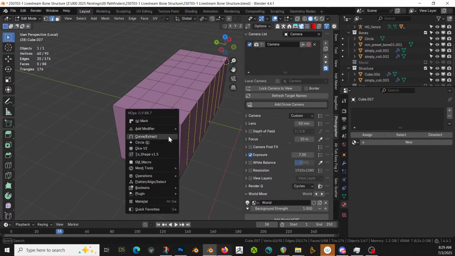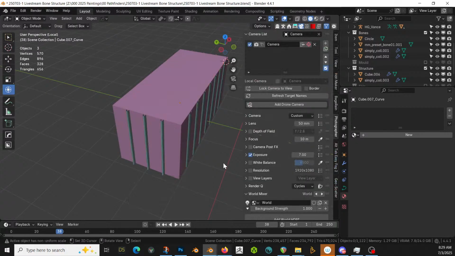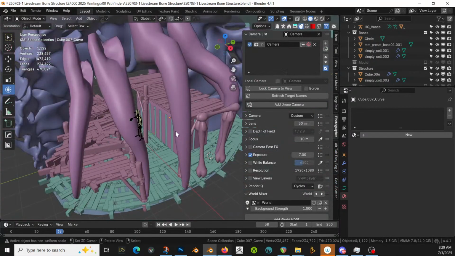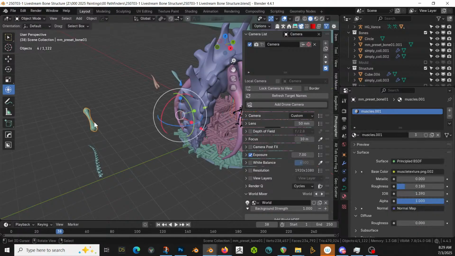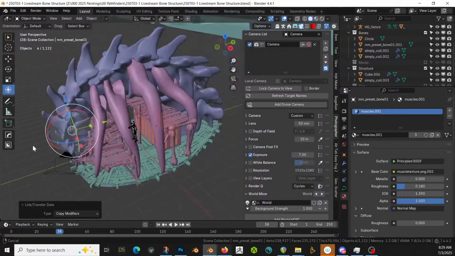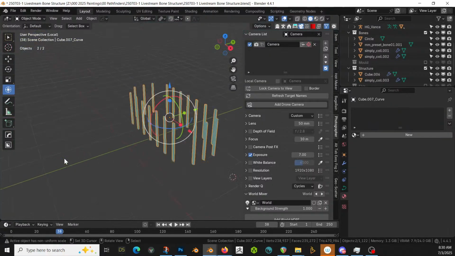Cool. Q, curve extract. Great. We take those and we link to this bone here. Copy modifiers. That should be,